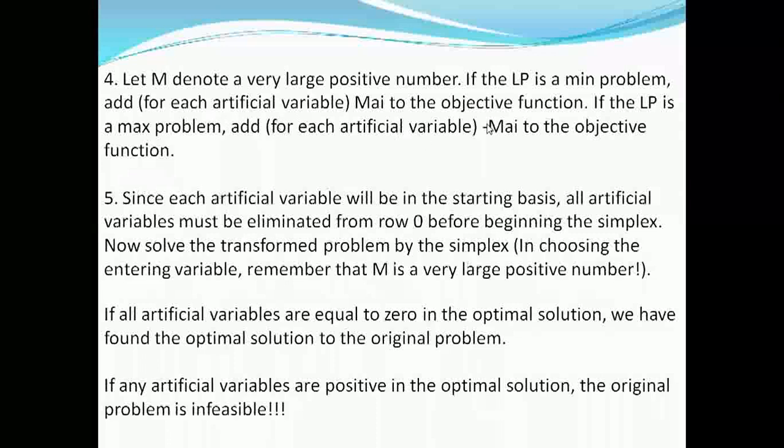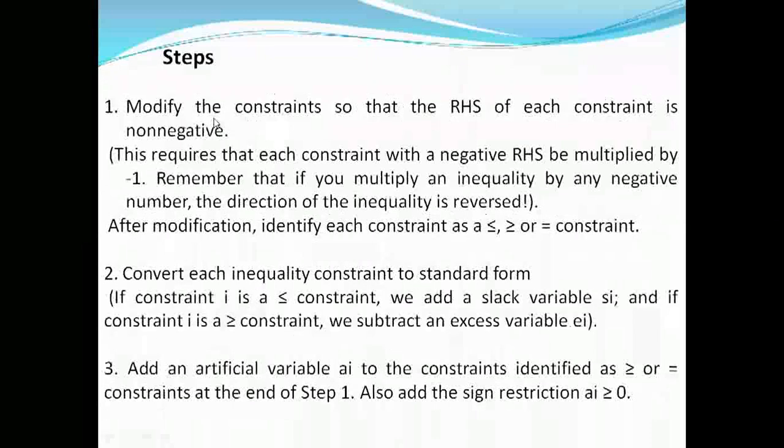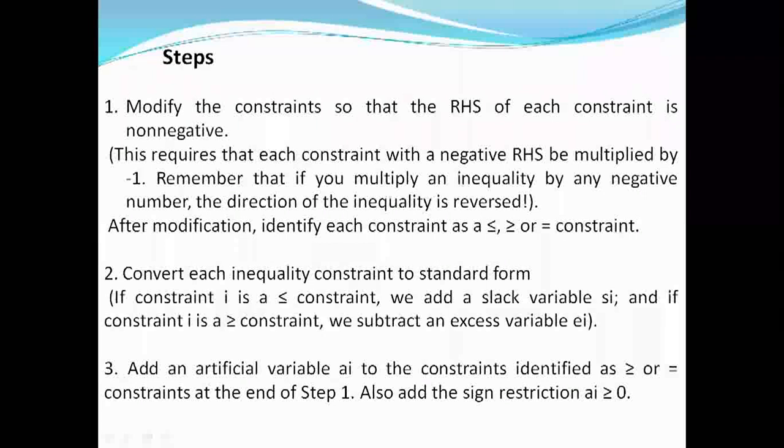In step 1, at the RHS, if the value given in the equation of the problem is in the negative range, then we will be multiplying that negative number with -1. Definitely in most of the problems it will be a positive number only, because a constraint has to be given as a positive number only. That is nothing but x1 plus x2 should be equal to only 2, right? So the 2 will not be -2. If at all it has been given as -2, then you have to multiply it with -1. That is the first step to be maintained in the big M method of calculation.